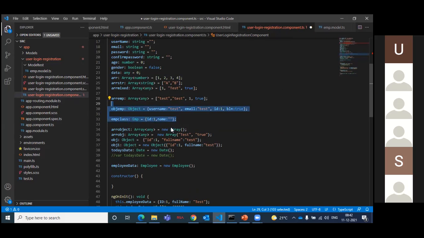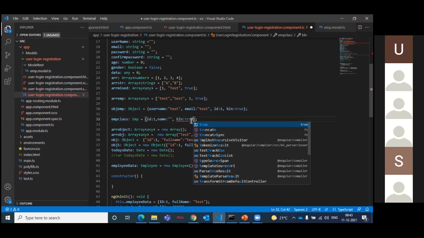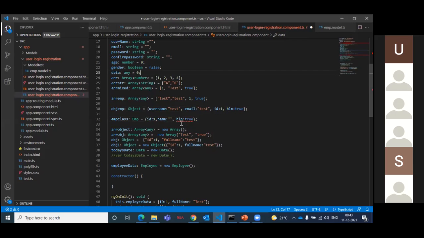But what is the difference between object and EMP? In the object, wherever you are defining the data, at the same time you are defining the property. How many properties you want, you can define. But in a class, it will not be like that. For example, if I say BLN colon true, if I try to do like this, it will throw an error, because this BLN is not defined inside the class.